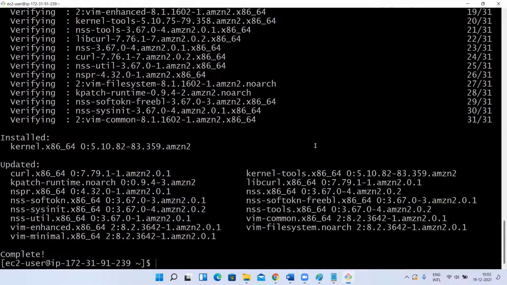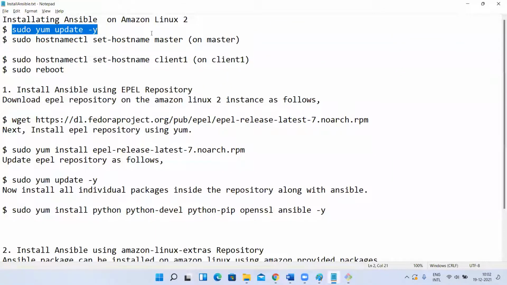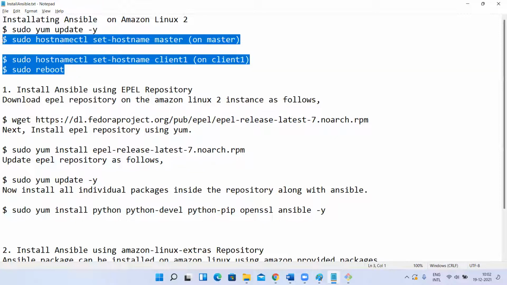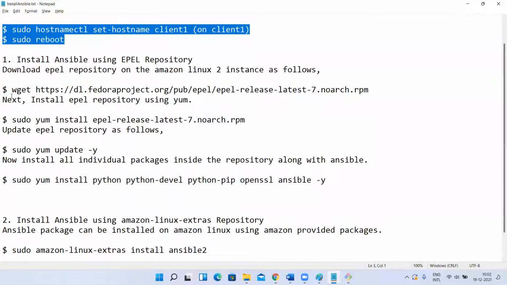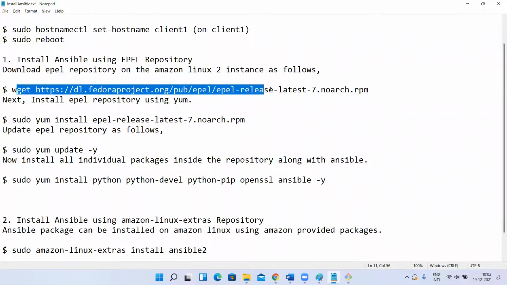Next, once that is done, if you want to set a name on the master, you can set it. For the slaves, if you want to set a name like client, you can do that and reboot it. But I'm not doing that. Anyway, we gave it a Linux name. Next, we need to install Ansible, using EPEL, we are going to